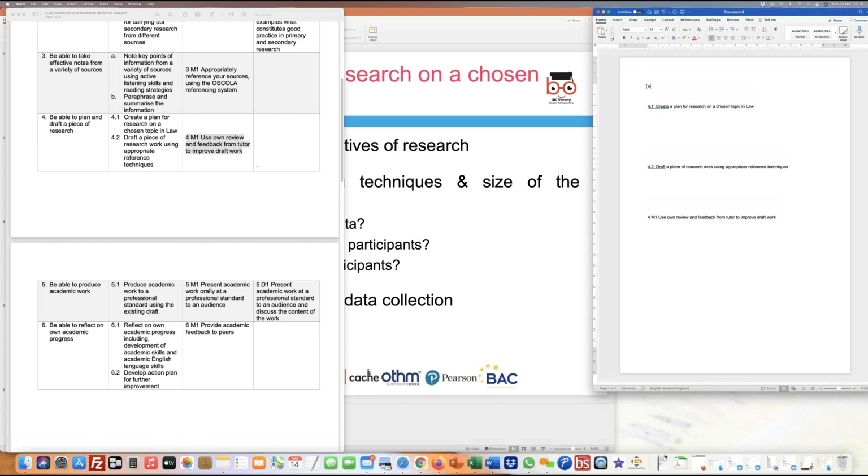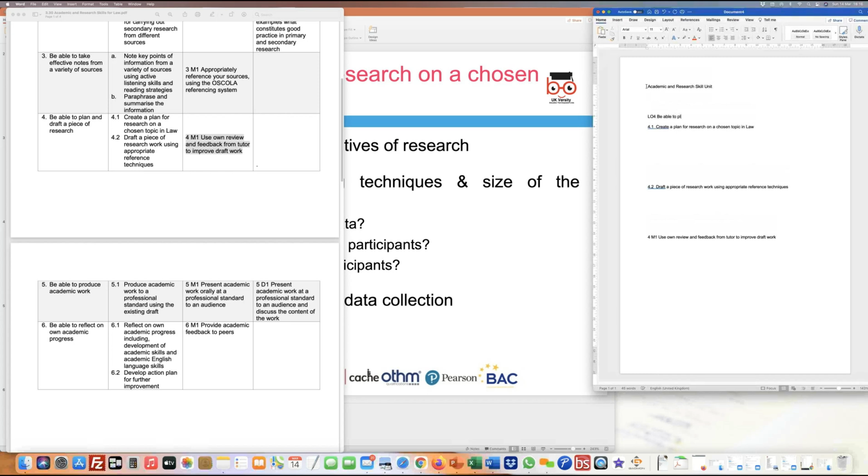So if I look at the academic and research skills unit here, and we specifically cover learning outcome 4, which is to be able to plan and draft a piece of research, what I would do is first look at the chosen topic. Why would I choose a particular topic for research? So I'm going to draft a topic, talk about a bit of background of research, and give a rationale for research,